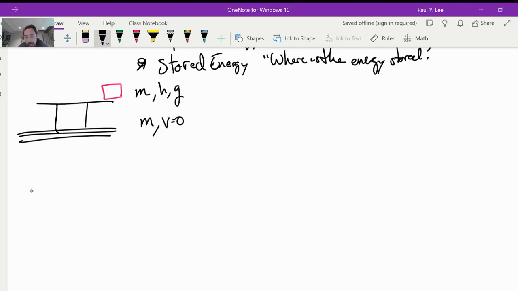It doesn't have kinetic energy. If I were to ask you where's the energy stored, a lot of people will incorrectly say the energy is stored in the object, but that's not even true. Right? So that's so untrue. I don't even want to write it. The true physics behind this is that the energy is stored in the gravitational